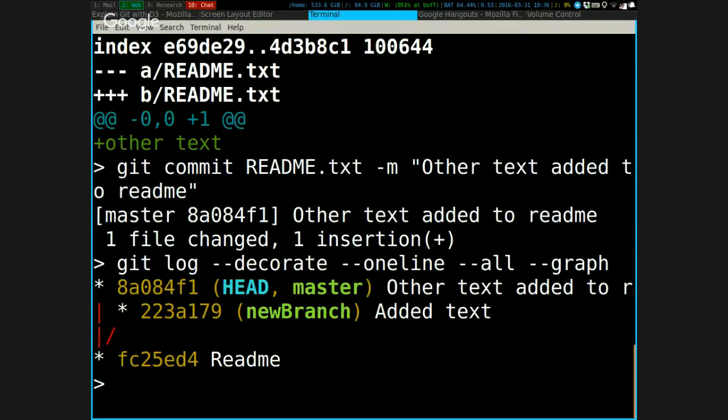You have to press Q to get out of the exit. Q for quit. So git log, decorate, oneline, all graph. That just makes it prettier to look at. Otherwise, it's really ugly. But you can see here,